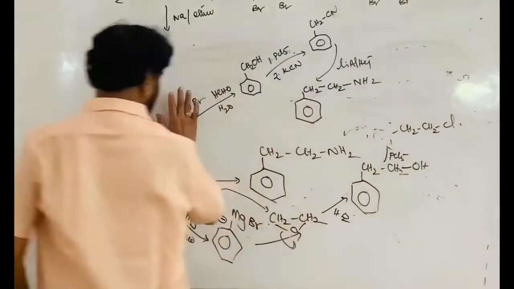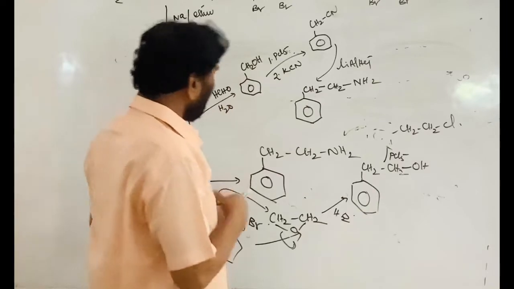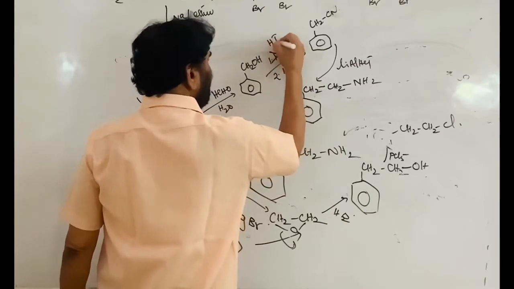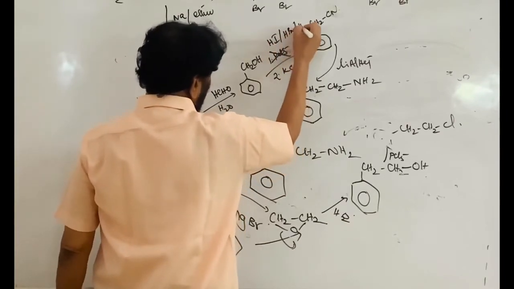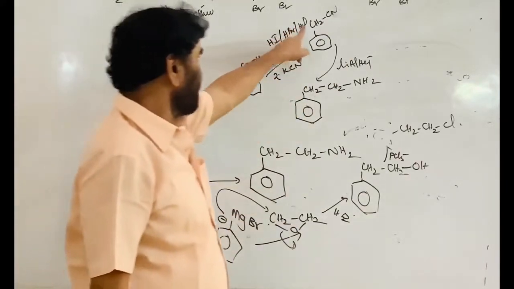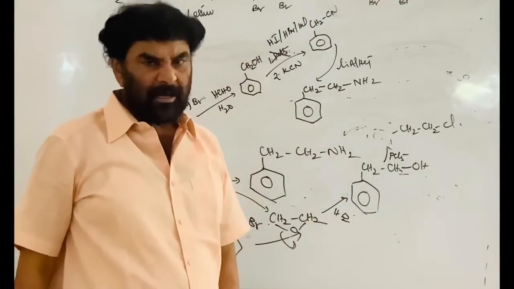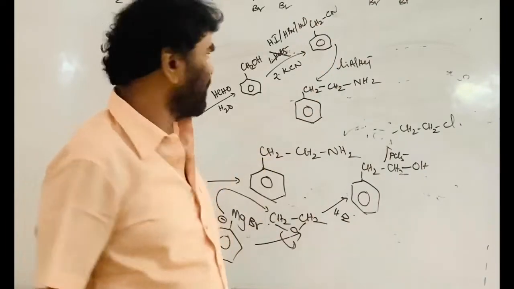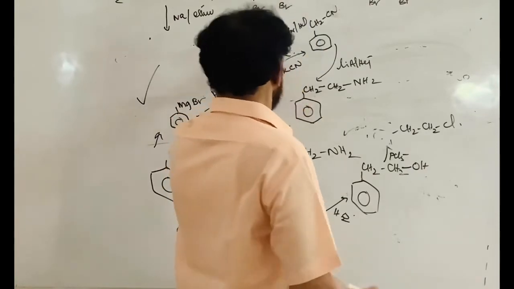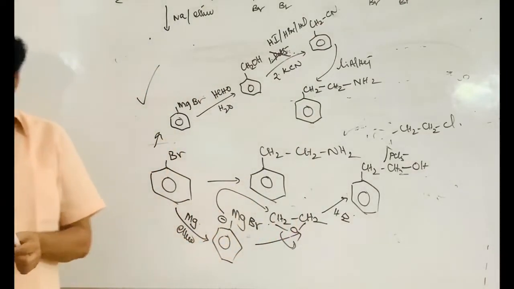So this is converted to Grignard reagent, treated with formaldehyde, and benzyl alcohol is formed. Benzyl alcohol, you need not take the PCl5, you can take HI, HBr, HCl. That is, the alcoholic OH can be replaced with the halogen atom by treating with the hydrogen halide, that is HCl. ZnCl2 is required, but for benzyl and tertiary alcohols the Lucas reagent is not required, just concentrated HCl is sufficient. Therefore, chloride is formed, and then it is treated with KCN. Cl is replaced with the cyanide. Reduction gives this compound. The good conversion.